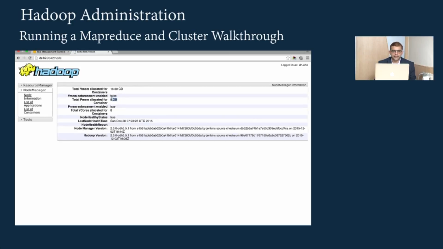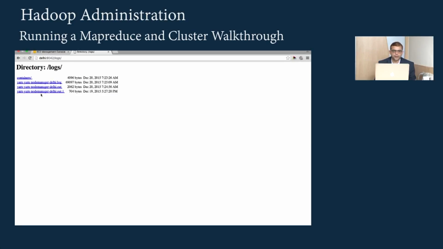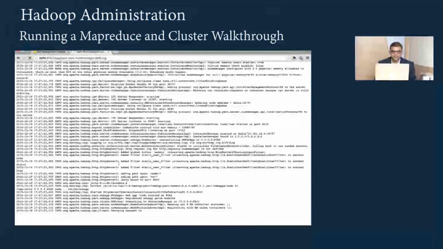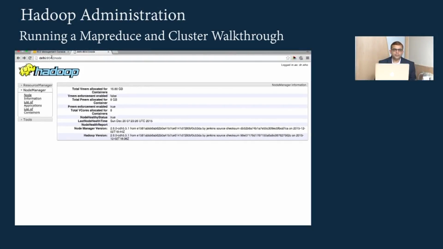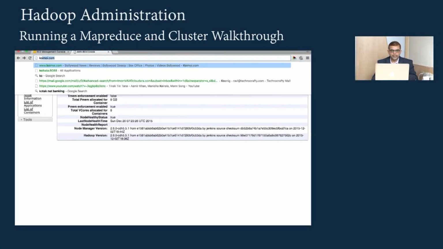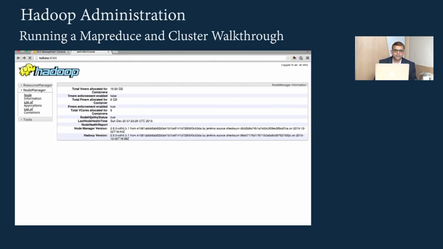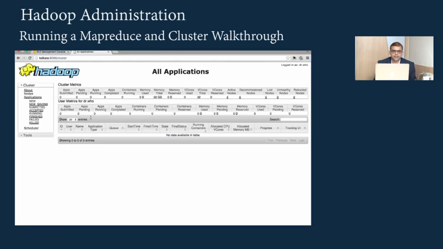It has 8 GB RAM. Okay, and this is the version of Hadoop that's deployed. You can view the logs of Delhi individually by clicking on local logs and you can see the status of each and every process. So far we have not submitted any application, and that is why we are not seeing any apps here. Once we submit apps, we will see how apps can be seen and how the job history server will come into the picture.